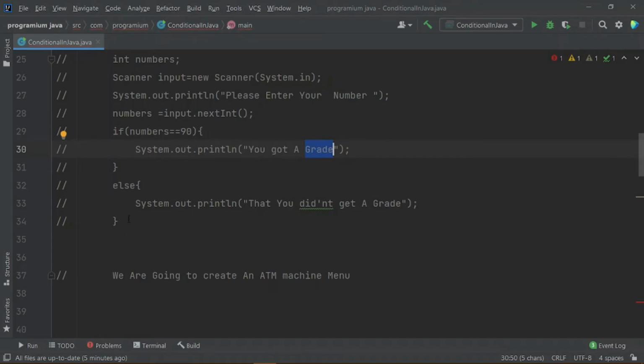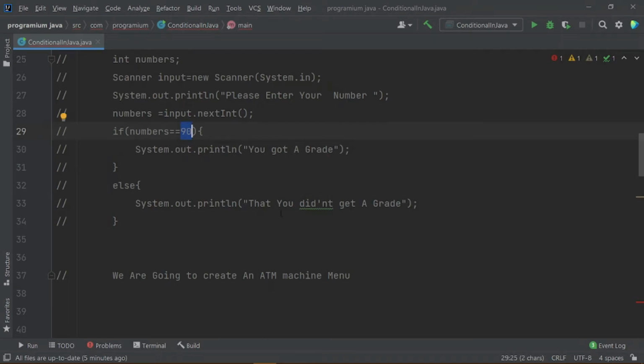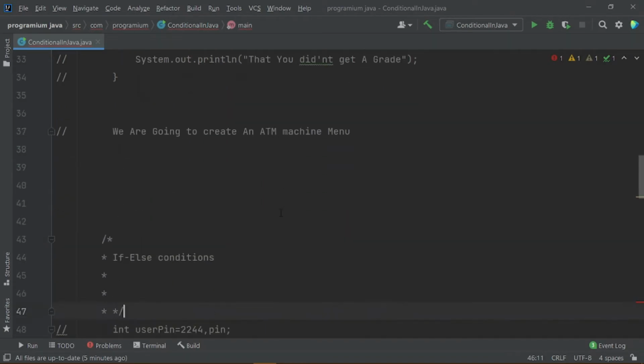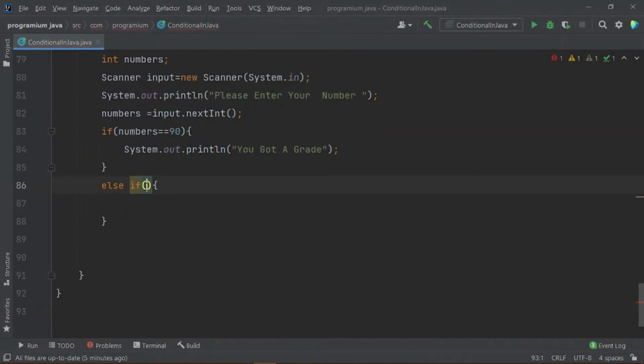But what if we want to show someone B grade and C grade? If we use else here, then only 90 would get A grade and all others would not. So to handle these conditions, when we want the user to be able to enter other values, we add those values.